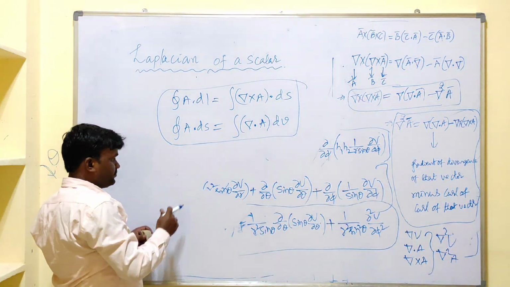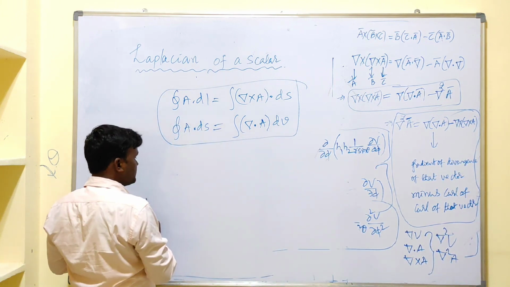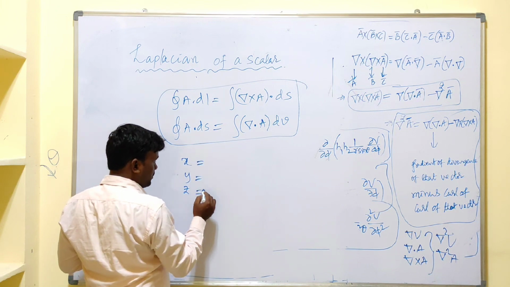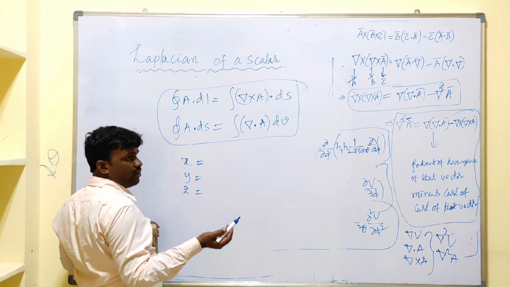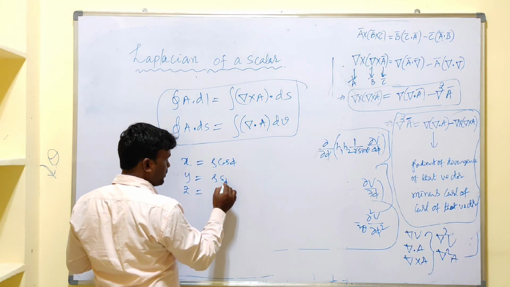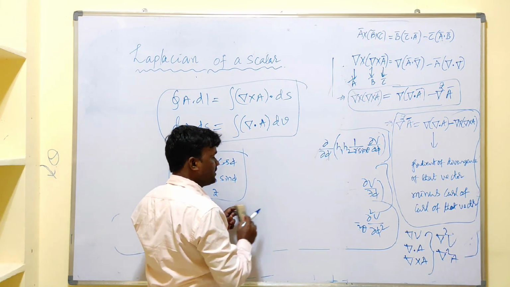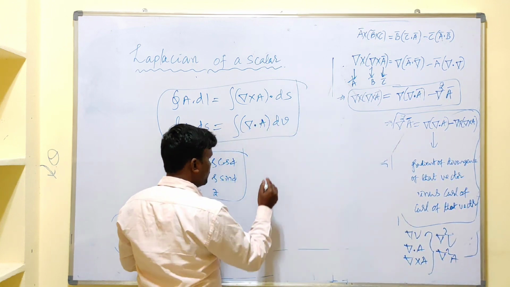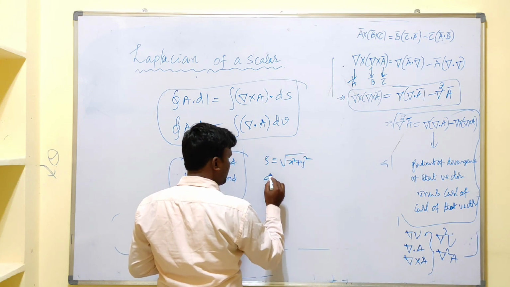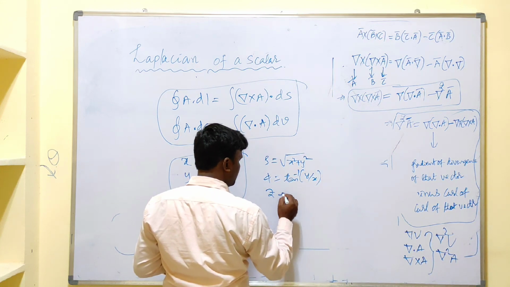And we have conversion of a point from one form to another, like this. Suppose I have x, y, z. If I know rho, phi, z, then x equals rho cos phi, y equals rho sin phi, and z is the same as in Cartesian. From this we can write rho equals under root x square plus y square, phi equals tan inverse of y by x, and z equals z.